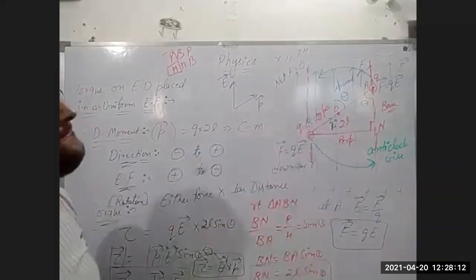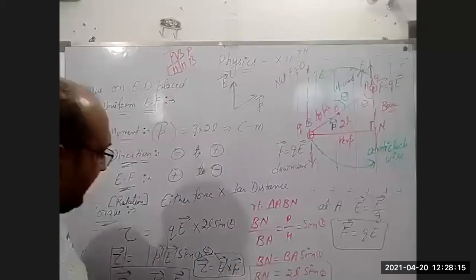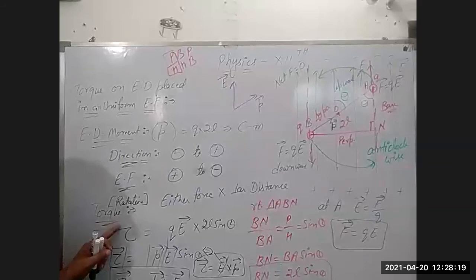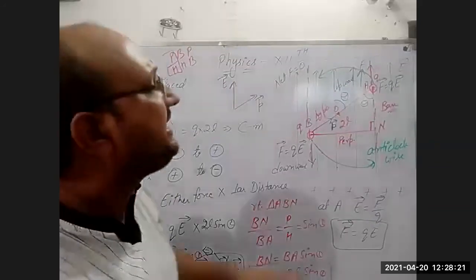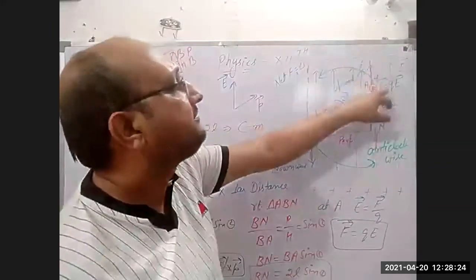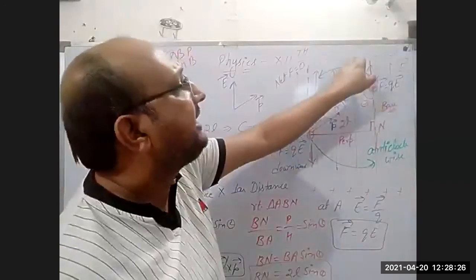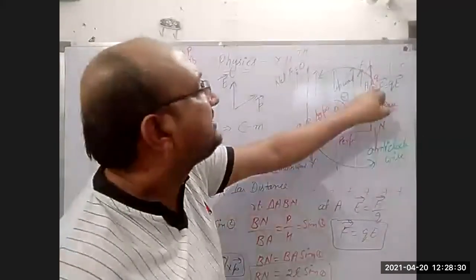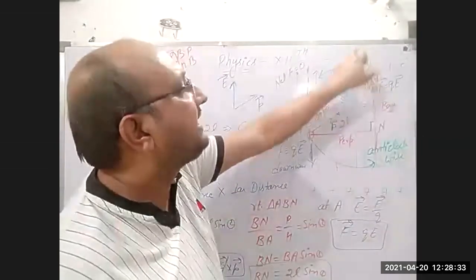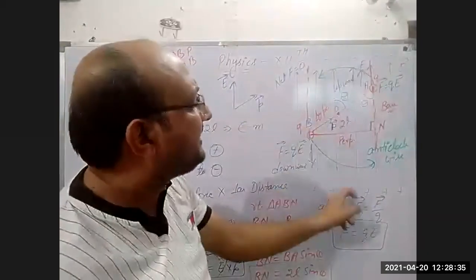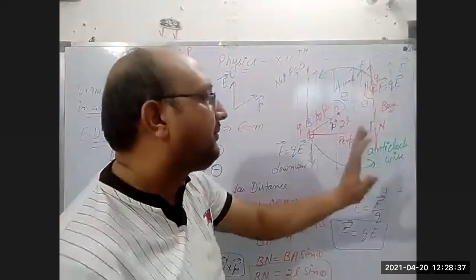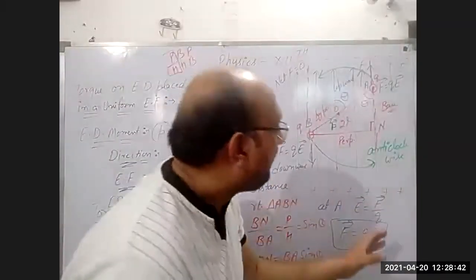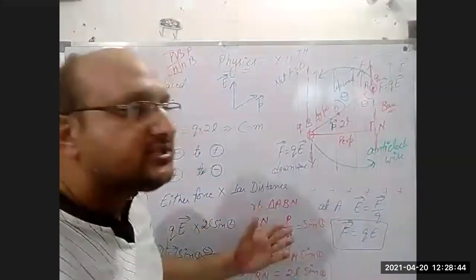Look here. We are taking the direction of rotation. In this, you can see that by applying force, you can feel this side is negative and this side is positive. This positive charge is attracted by the negative and this negative charge is attracted by the positive one. By this, you can see the anti-clockwise direction. But why are we taking P cross E and not E cross P?